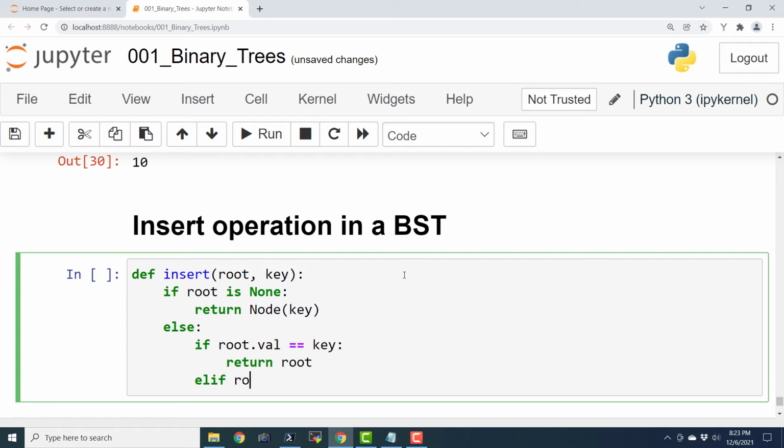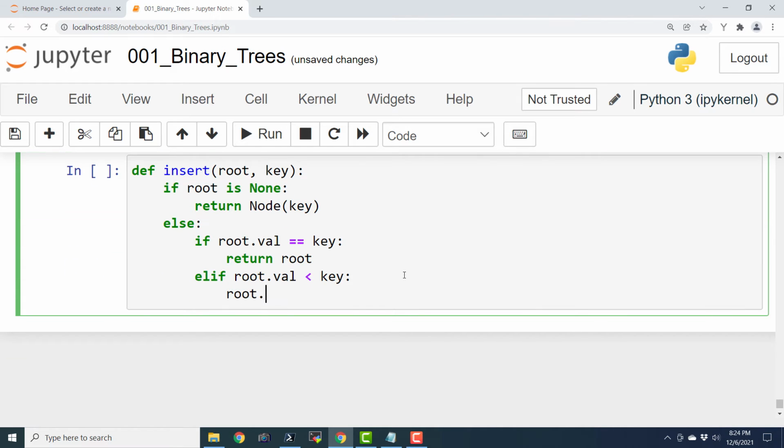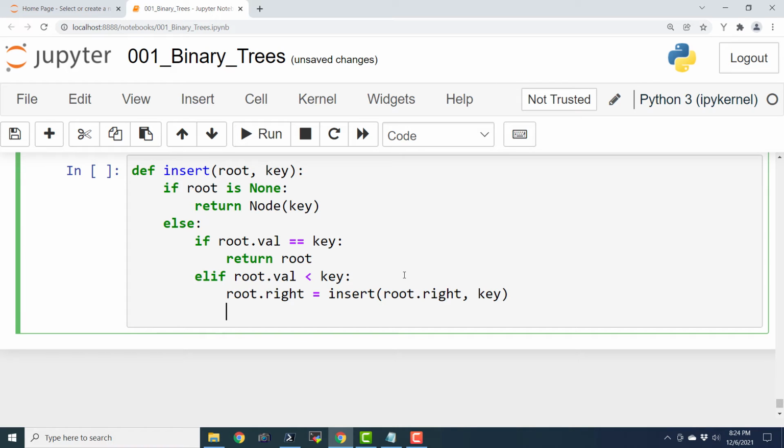Elif root.val is less than key, then we are going to say root.right equals insert(root.right, key), and finally we are going to write the else part.